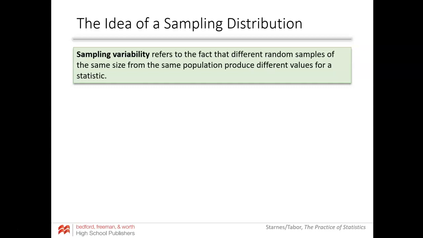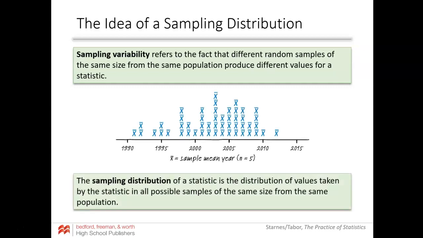All right, sampling variability. Two words we've seen in isolation, but now we're going to put them together. It refers to the fact that different random samples of the same size from that population will produce a different value for a statistic, which we've seen before. The example they're using here has a whole bunch of sample means, with sample size n equals 5. So they took samples of 5, a whole bunch of them, and they created this distribution when they plotted all of the sample means that they